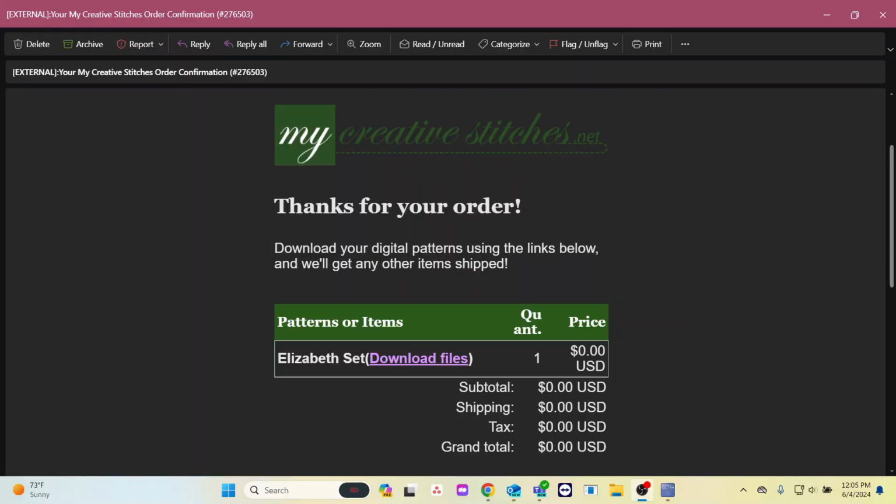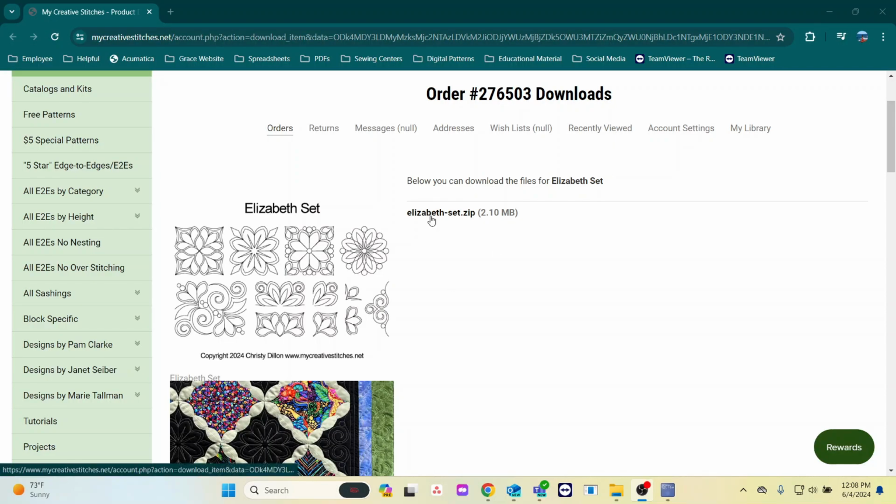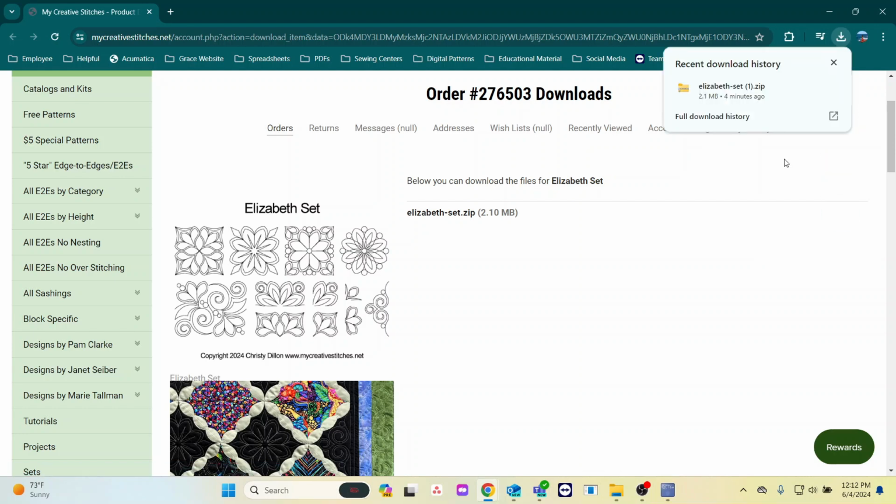I'm going to teach you batch import so you can take your patterns that you bought online and put them on Quilter's Creative Touch. First, let me get those patterns from online. I've got some free patterns from My Creative Stitches for this example. After getting those, I'll select Download Files. I'll download those files. I'll open what I just downloaded,